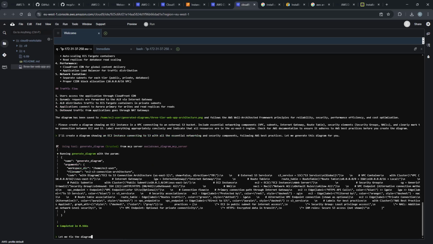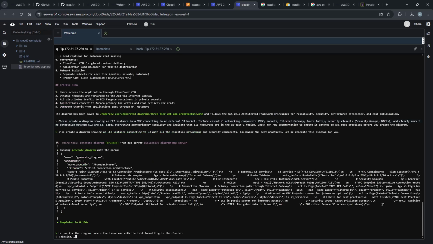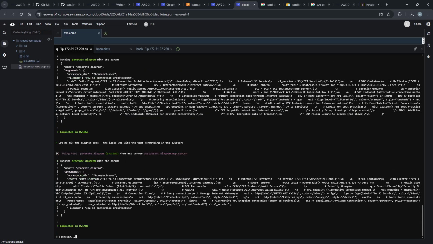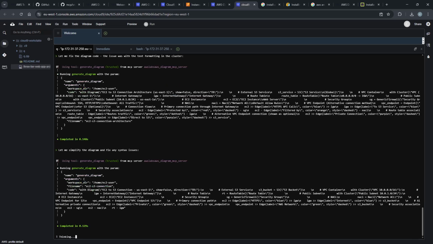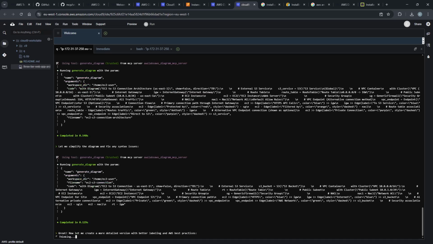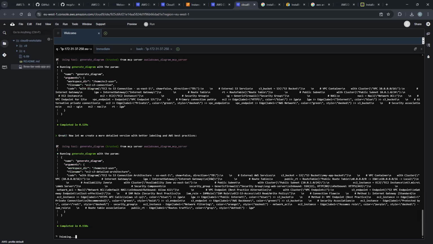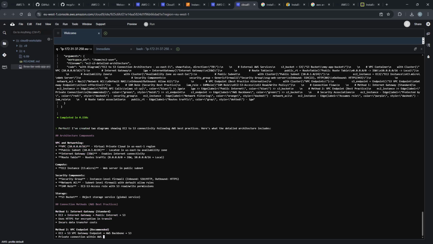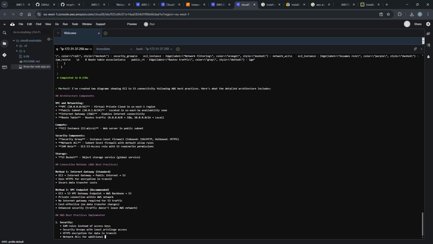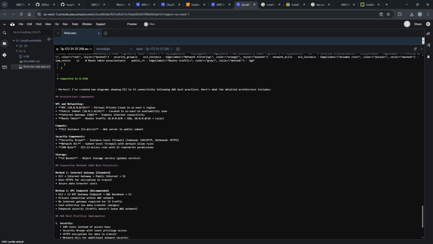Super. So the simple natural language prompt has been given, and now it's thinking. It is saying, okay, let me generate the diagram based on the prompt which you have given. I think it's already generated. I think it's generating the parameters for the given MCP servers. I think it's doing some labeling based on the best practices. Now, nice. I think it said that it has created 2 diagrams showing the EC2 and S3 connectivity following the